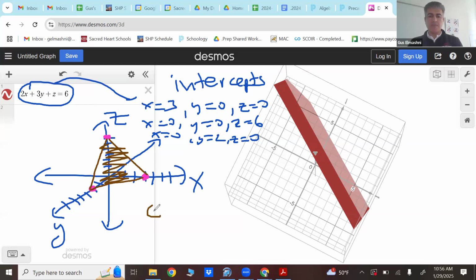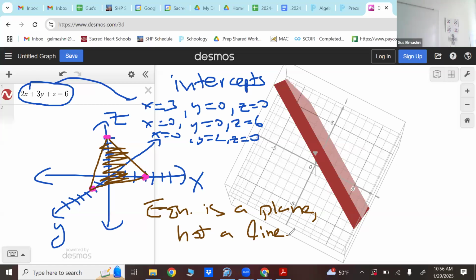So the equation is a plane, not a line. That's a key takeaway. Even though this Desmos demonstration isn't going well, I was hoping to do better for you guys. I apologize about that. But the way you graph in 3 dimensions, if you're given an equation with a third coordinate,